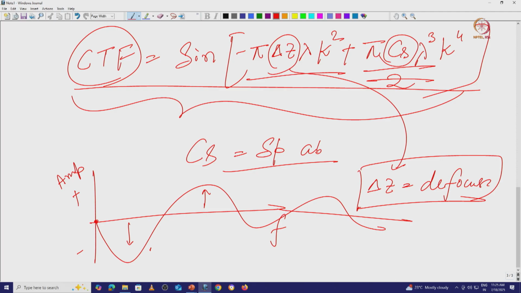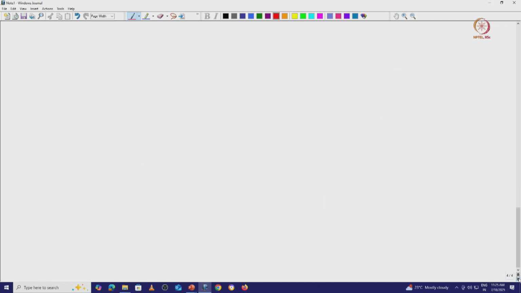And if we can split them one by one into sine waves, that is called the Fourier decomposition. Okay, so we are not going in that direction. So this is our contrast transfer and we estimated that, and it depends on delta z, which means the defocus value. How this defocus value is connected, if you just recall our previous